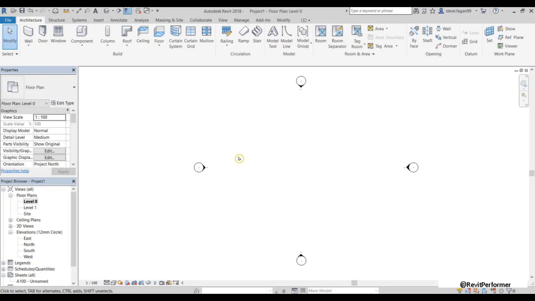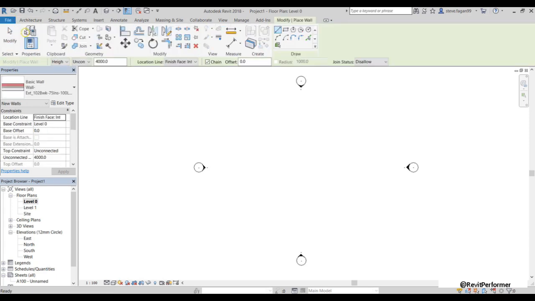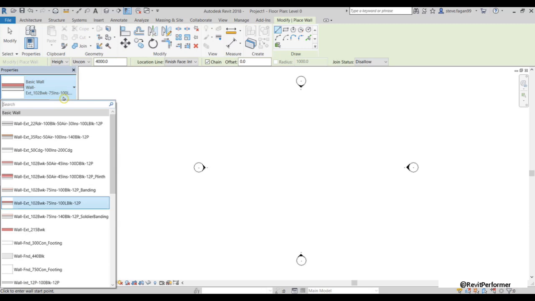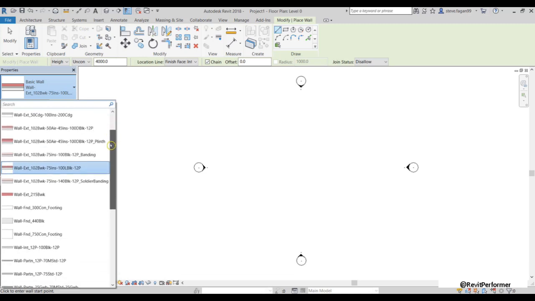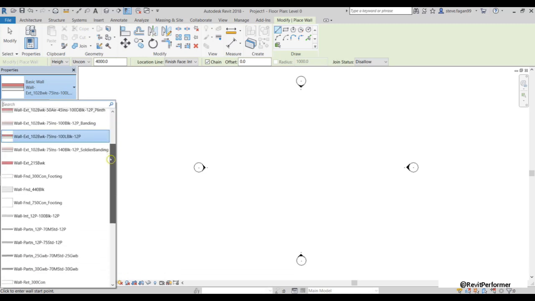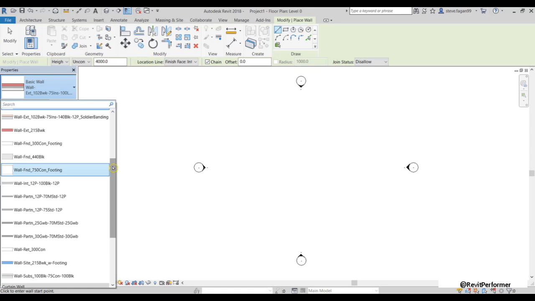Now we're going to look over the properties of a wall. So we'll select our wall tool and we can look here in the properties section. The first thing we see is the type selector. So if we hit the arrow, this is where we'll select the type of wall which we want to draw. So there's lots of different variations in here that are provided to us by Autodesk. You will be creating your own wall types in the future, but as a good basis and a good start point, it's great to get to know the wall types provided by Autodesk.